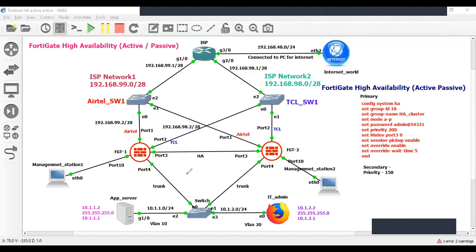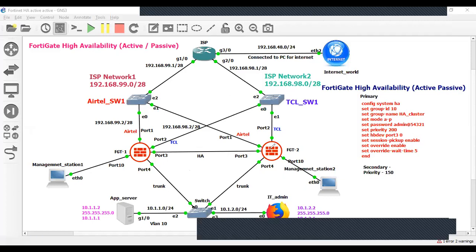Let me tell you one more thing. If I don't have 2 firewalls, suppose I don't have this firewall, what will happen in that case? All the traffic will come and simply be dropped. That's why I have taken 2 firewalls.